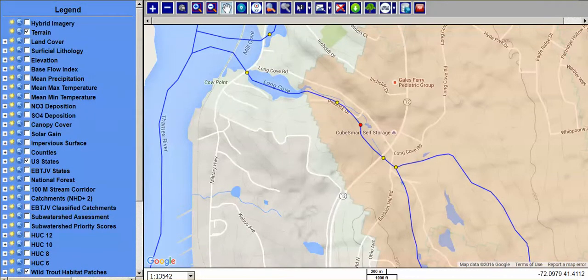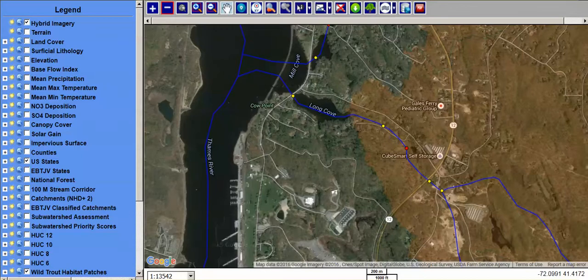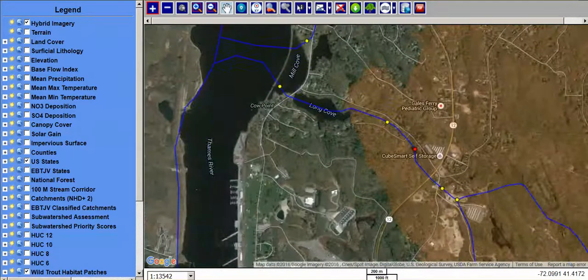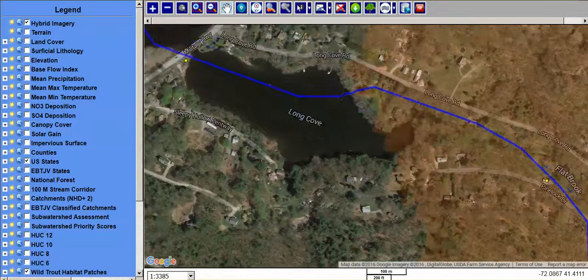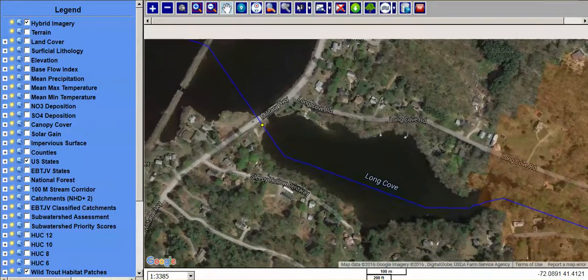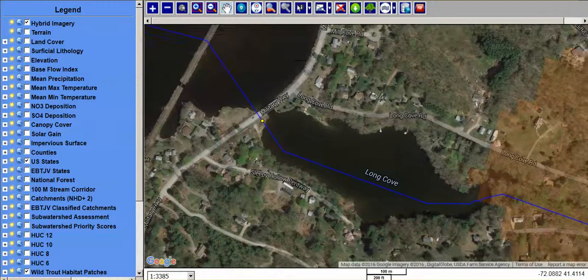let's turn off terrain and let's turn on hybrid imagery, and this is the Google Earth version, so that you can actually zoom in quite close to see what's going on. Whoops. And we're going to see here some names of the streets, perhaps some landmarks. I'm not seeing any particular things like beaches or places that you could fish that are public, but that may be true. I'm not so sure. I can't tell from this view, but you can see here where the river goes. I think that's a railroad bed that goes under Military Highway here, and I do want to show you this